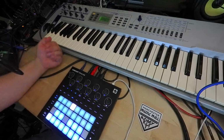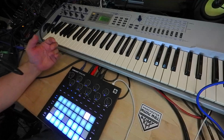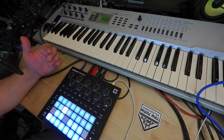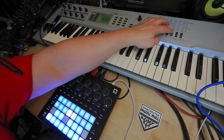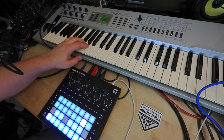And now it's transmitting its notes here, but you won't hear anything because local is turned off, and it's not going through. So if we want to hear it, what we need to do is re-enable local on this device by just turning on local right there. And now we should